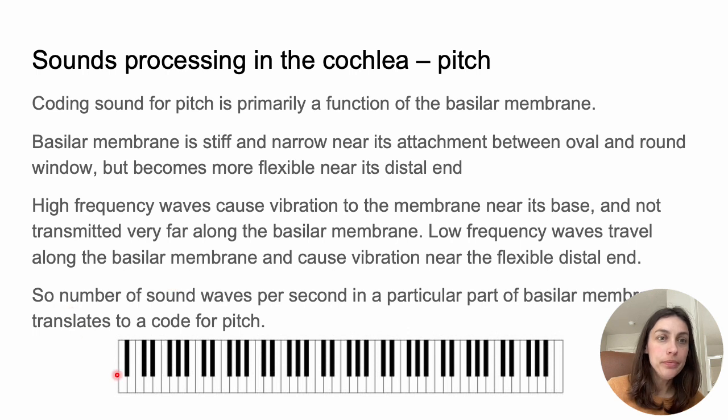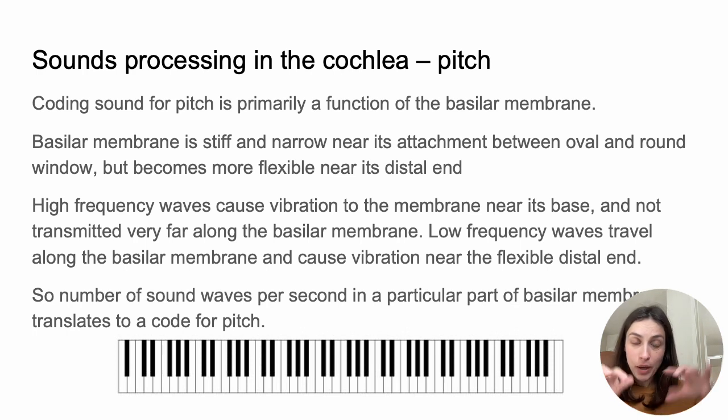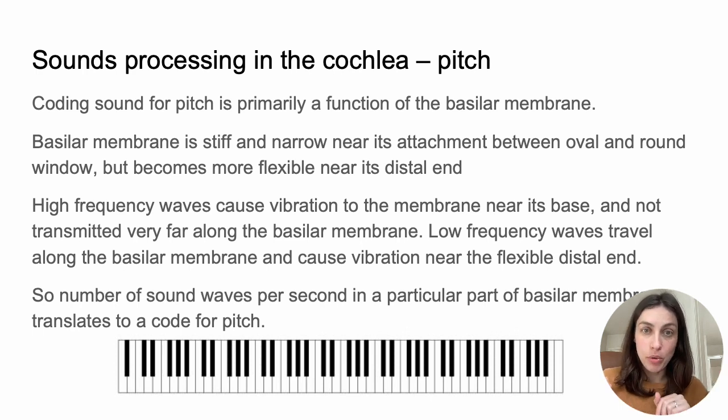So think of it as if you were to unfold the whole cochlea like we've seen before, that is like a little keyboard. And just like if you hit the keys on one side of the keyboard, it's going to have lower pitch, and on the other side of the keyboard, it's going to have higher pitch. And I think I'm mirrored in this camera, but I do know that on the left, that is the lower keys on the piano, and on the right, that is the high keys. There you go.